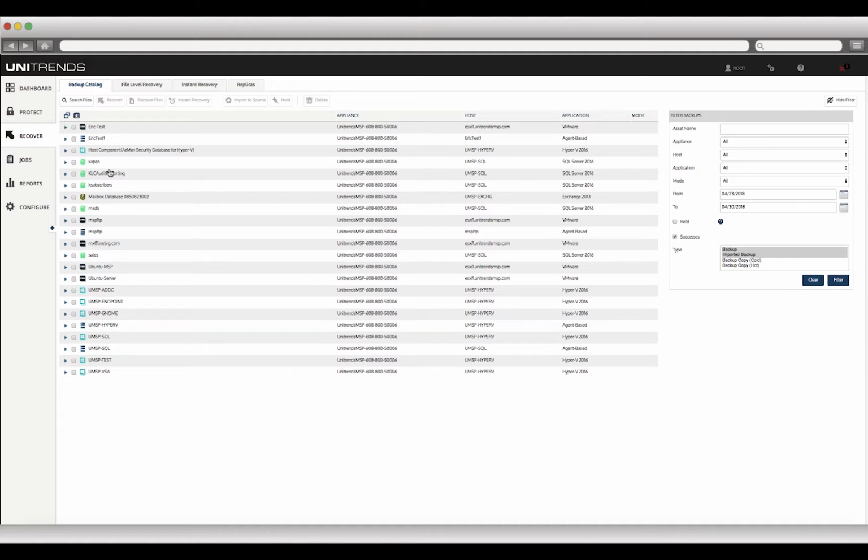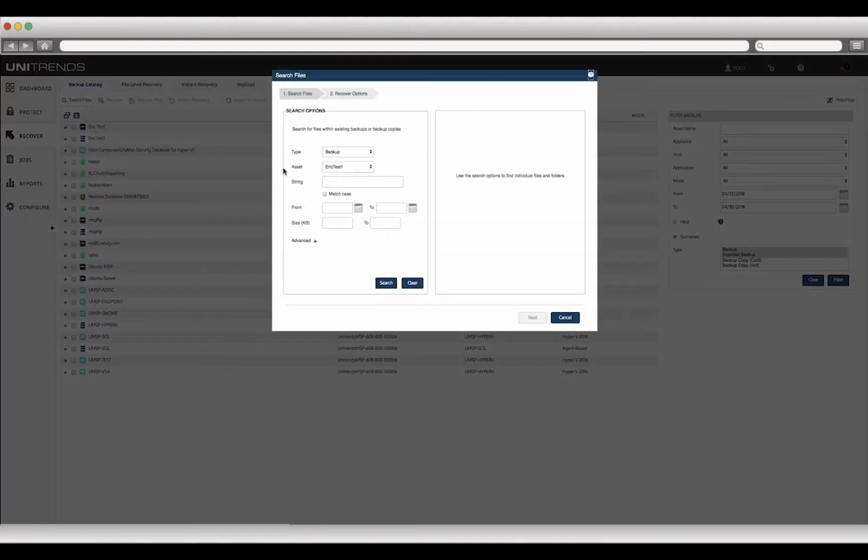And if we look at what most MSPs do in order to do that, they'll mount an image, take a look through that data, find out potentially that the file isn't in that image, and then they have to continue to go through and mount different images until they get to a point where they find the file that the client's looking for. With Unitrends MSP, we simply click on Search Files, select a server, and in this case we're